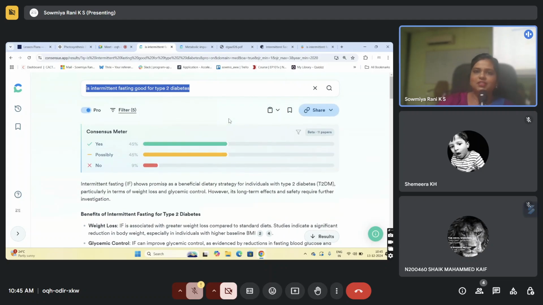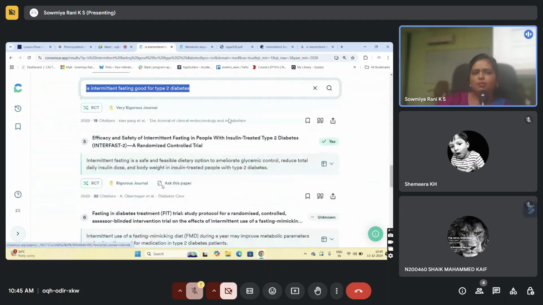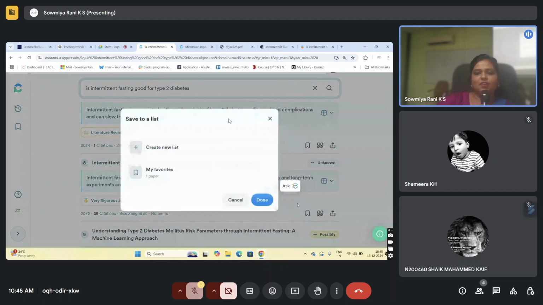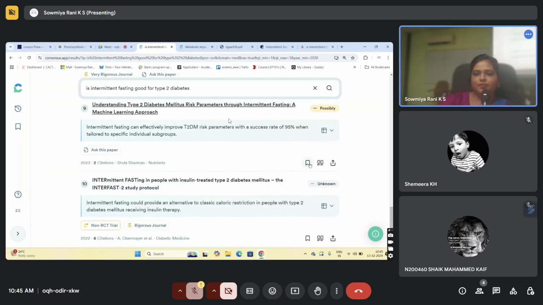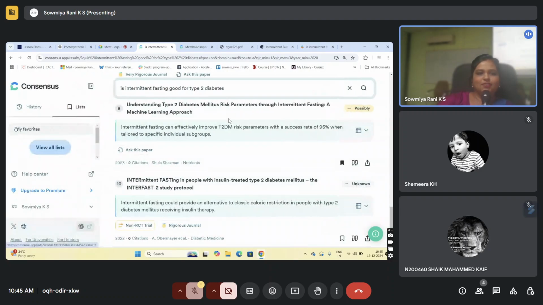So get your summary from Consensus, put it onto your papers, and you can save all of these 10, mostly you get 10 references. You can save the references into Consensus by using this save symbol that you see here. So keep saving all of those papers. You can create a folder of your own and save these papers so that when you are ready, you can just go into the saved folder and